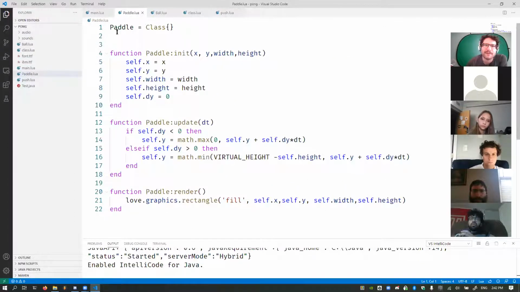But you'll notice that basically we've got this thing called a paddle, and it's a class. Paddle equals class. So class is one of those features that you're going to learn about here and in more detail next semester, called object-oriented programming. And the idea behind object-oriented programming is that we can combine something to create a new data type.